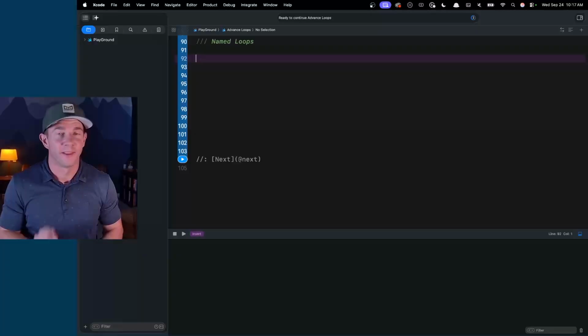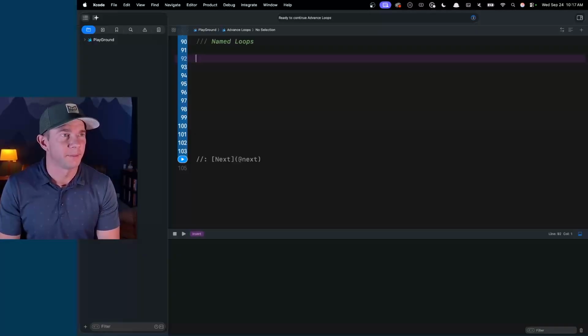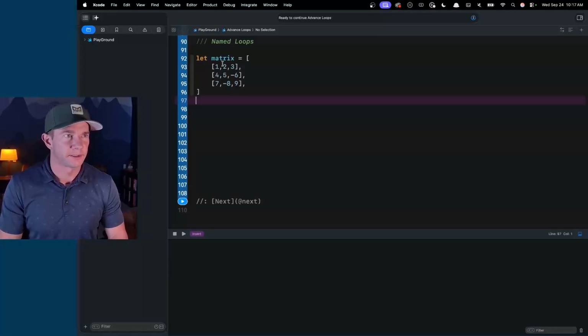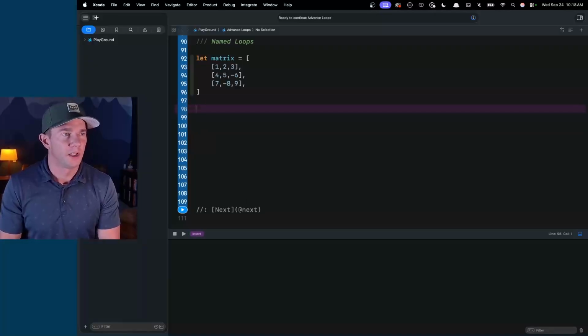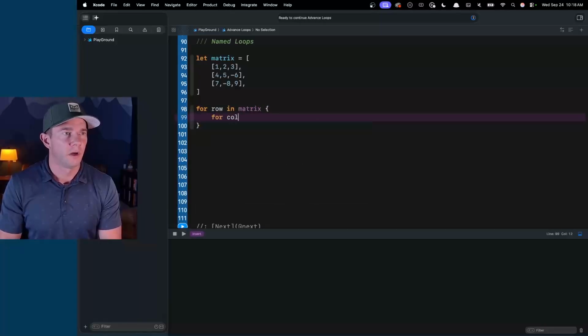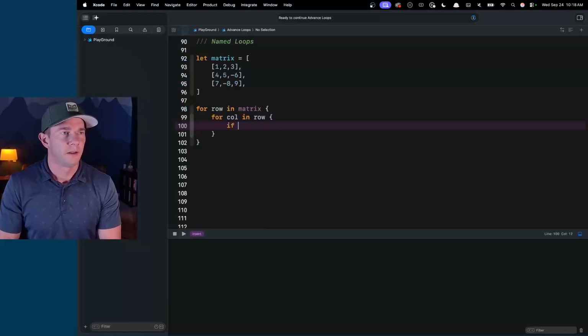All right, bonus round. This is the last tip. Well, it's the bonus tip, and that is named loops. So let's say you had a matrix here and you wanted to find negative numbers, right? You want to find the first negative number and you want to find the location of that. So we could just do a double for loop, for row in matrix and for column in row. If a column is less than 0,